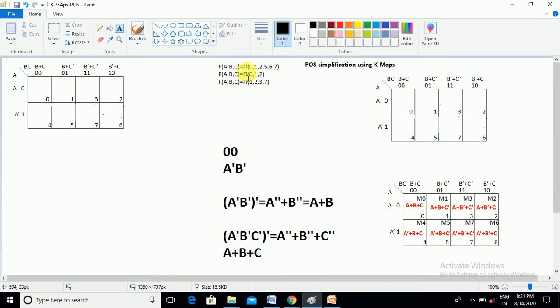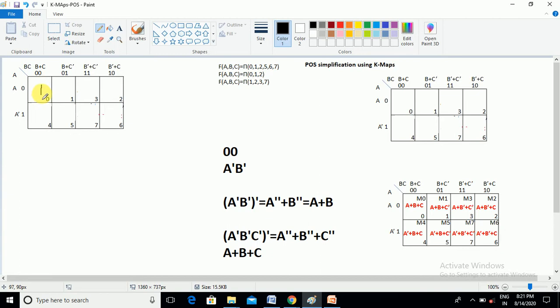Here the first question. I want to explain with very simple and very few questions, because we already discussed many problems with the min term combination. There is no change in the rules of mapping. The change you can see is only the combination of min term to max term. That's it. The remaining rules are common for both kinds of maps. Now, you must remember the selection of cells is also the inversion of the min term. In SOP format, the min term format, we select cells by putting 1. But here we should not do that.